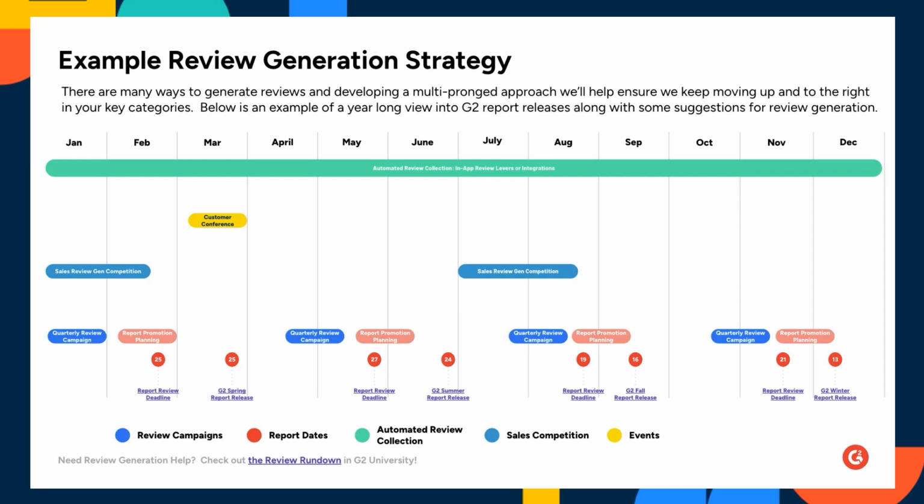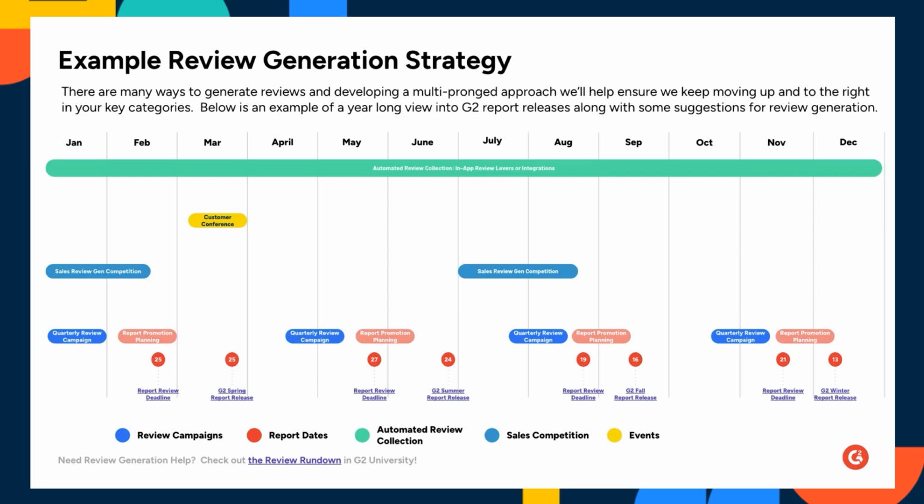Then we have the 2 pills below. So it's this blue color and this kind of salmon pinkish color. That is timed quarterly review campaigns that are directly leading into a report cycle. And we have a report cycle coming up. We're going to talk about that in a minute as well. So you want to make sure you're running those quarterly campaigns right